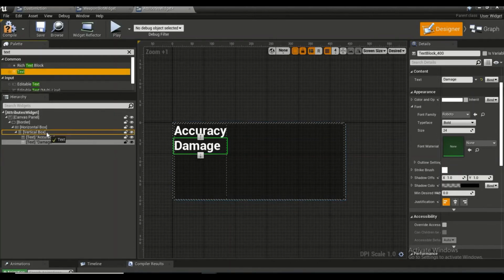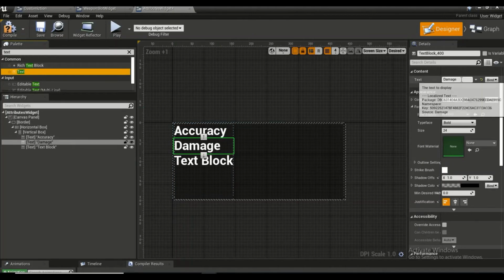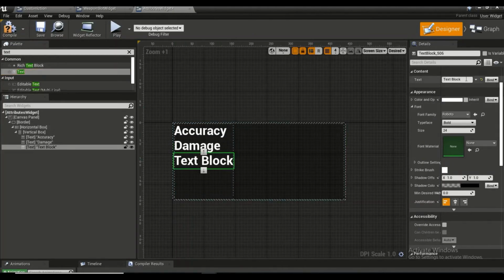And another one called range, and this is pretty much going to be all the stuff we created earlier in our structs. Fire rate,